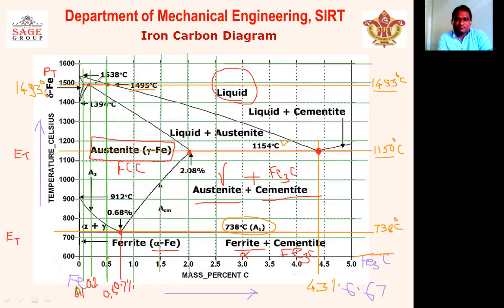Now we are interested to see where the peritectic reaction is taking place, right? So now see this point where the weight percentage of carbon is 0.2%. This is the point at which the peritectic reaction is taking place. Above this point, you can see the phase of the alloy in this region is liquid plus delta, because this point is the melting point of iron, 1539 degrees Celsius, and it also shows the freezing point of iron.